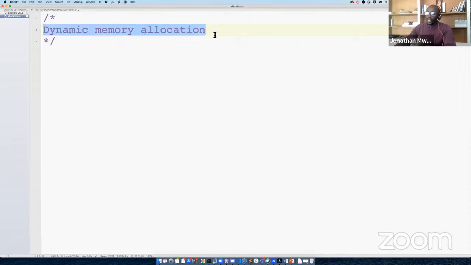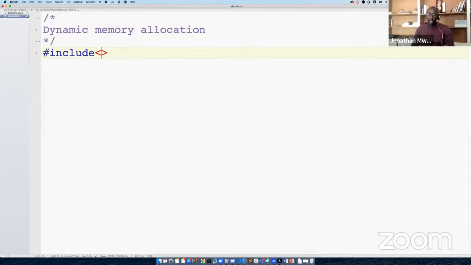Okay, so we tackled dynamic memory allocation last time. Who can remind me what sort of file we need to include in order to work with these kinds of things? What preprocessor directive?